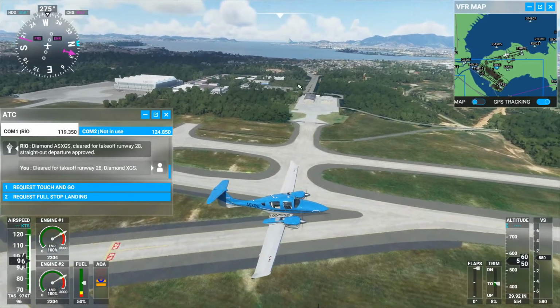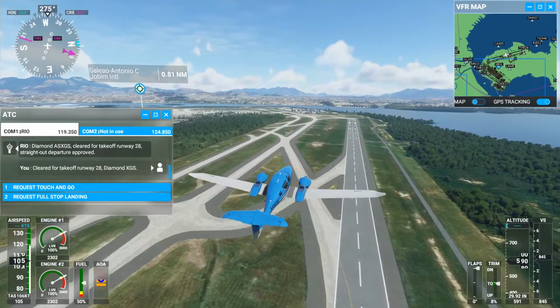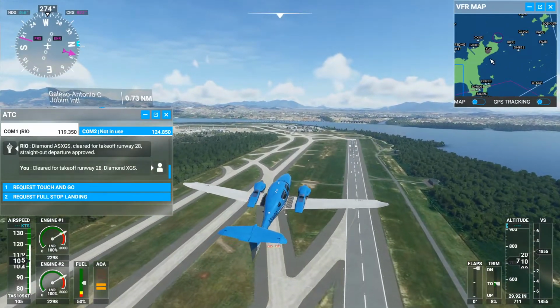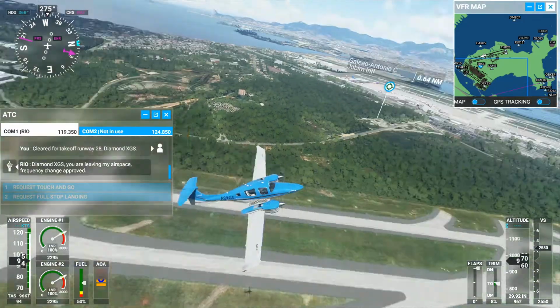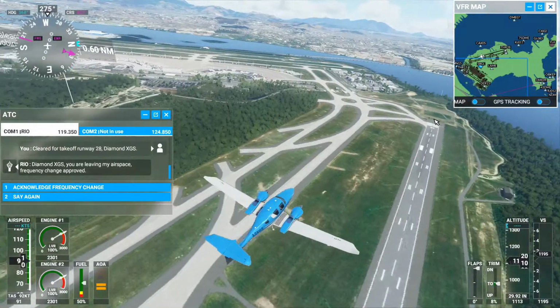Alright, that's a pretty good detail, so it looks like they're moving right back. It's kind of like an island they put the airport on. Alright, this doesn't look like a man-made island like Hong Kong. Yeah, there it is. Yeah, you can tell it's